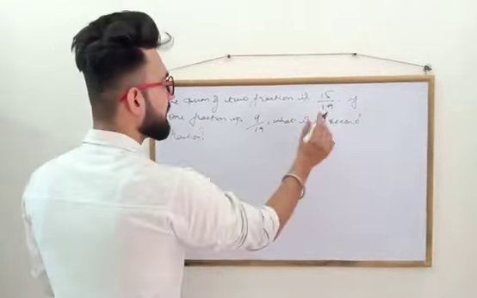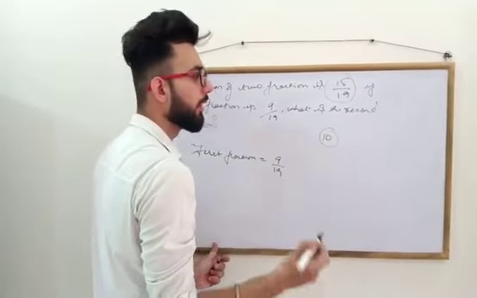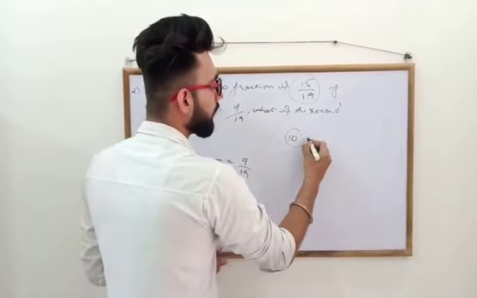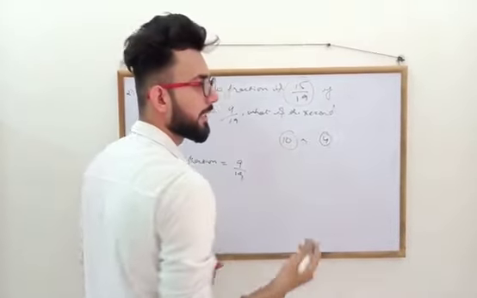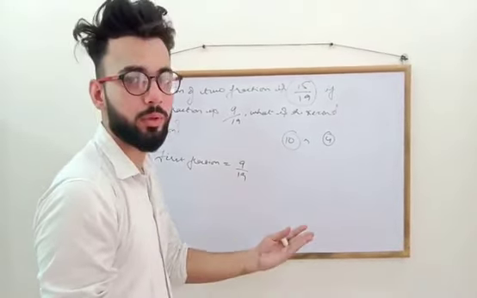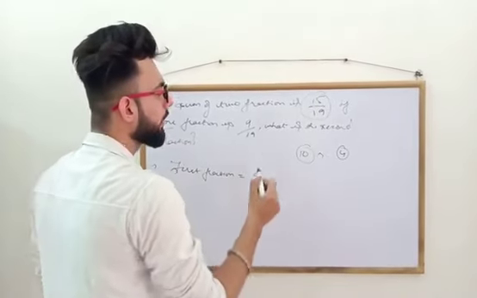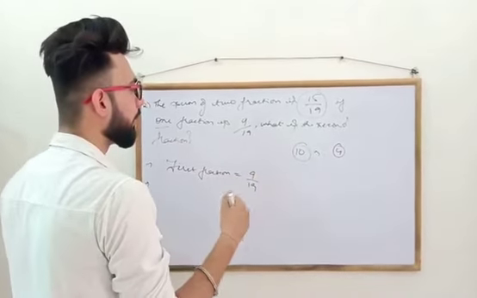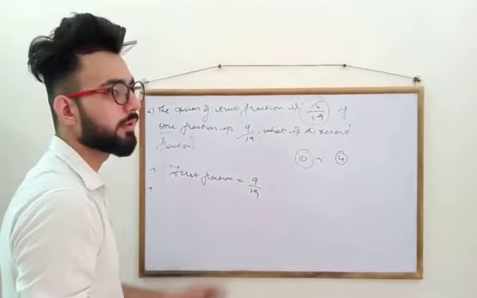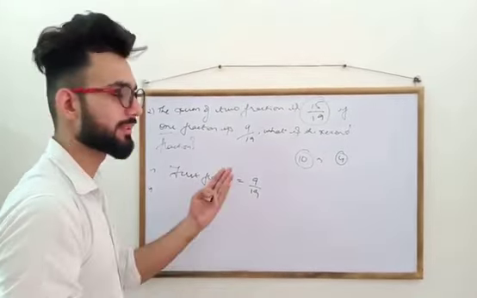First, tell me one thing. Let's say we have 10 rupees in a pocket, and when we put our hand in the pocket and pick out a few coins, we get 4 rupees in our hand. If we need to check how much amount is left in the pocket, what will we do? 10 minus 4, that is 6. Same way, in this question we have the total fraction, that is 15/19, and one fraction is 9/19. Let's say we have 15 rupees in a pocket. We picked a few coins and got 9 rupees in our hand, and the remaining would be 15 minus 9, right? So in the same manner we need to find the second one.